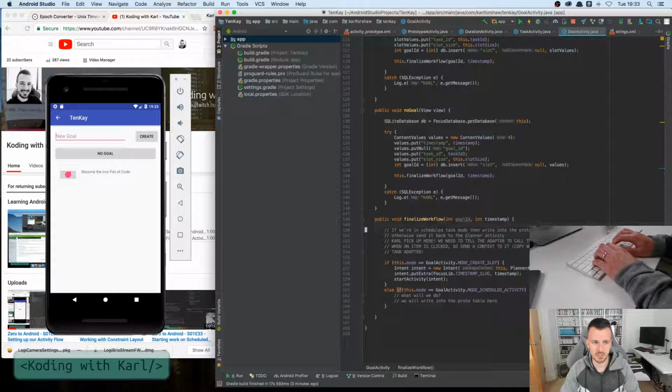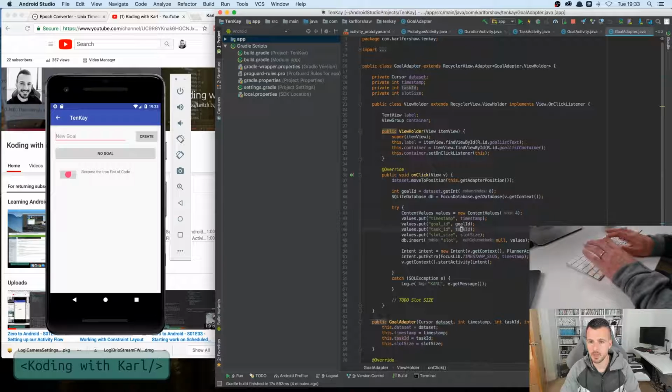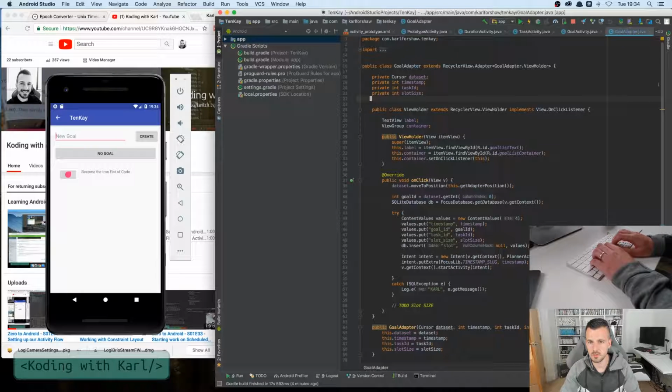Because there are 3 exits from this activity: we can either create a new goal and press create, we can set no goal, which will fire this one, and then there's the one where you actually click the list item, but that is handled in the goal adapter. Here we are. So you'll see this onClick method here. This is where the magic happens. So first thing we need is a notion of activity in here. So private goal activity,